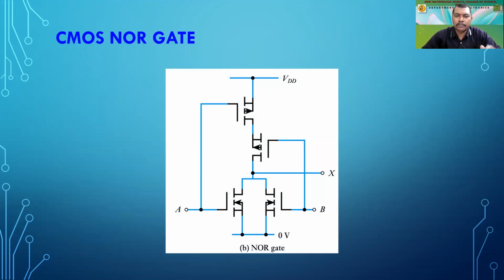The parallel transistors are being pulled down, and the series transistors are being taken up, right? If you are able to see over here, the P transistors are taken on the top side, and the N type transistors which are connected in parallel are now being pulled down over here. Okay, so these are connected to 0. So this is a NOR gate. Again, the gates are being made common for both the transistors. So this gate is made common with this gate, and the gate of this is connected to this, and they are taken as common as A input and B input. Output is again taken at this point, which is common to this series and this parallel combination, right?